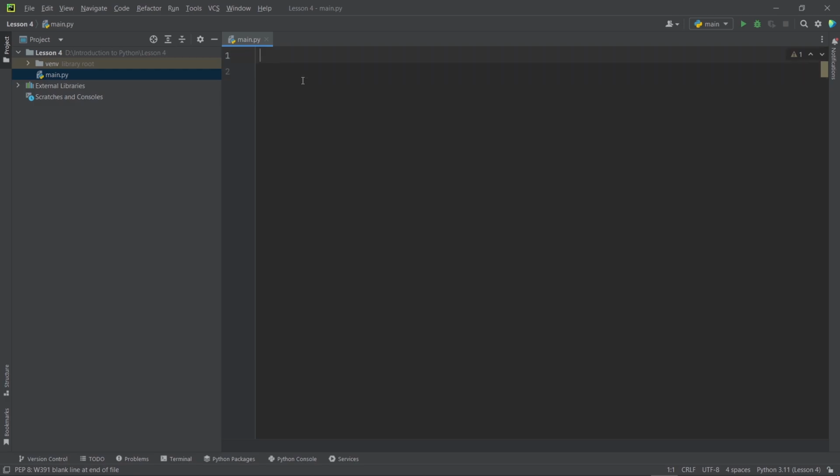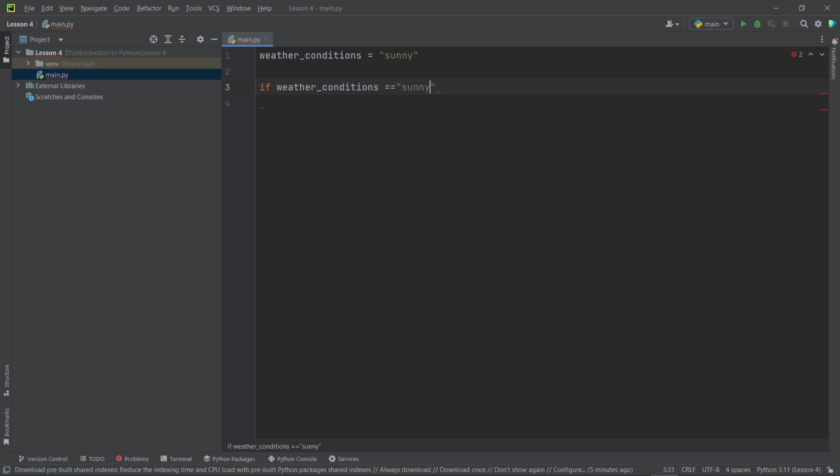So the first thing I'm going to do is build a simple variable over here called weather_conditions. I'm going to set this equal to "sunny" for the time being, which is a string. And now we can start with the control structure, or the conditionals, if you will. I'll simply say if weather_conditions is equal to sunny, I'll add a colon over here, and this